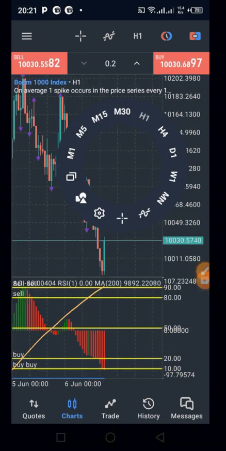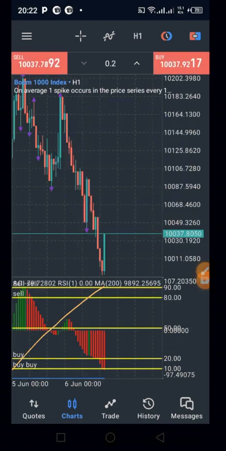Time frame simply means the periods where you want to analyze the market. If you want to check how the market is behaving in M1, M1 simply means 1 minute, M5 5 minutes, H1 1 hour, H4 4 hours, D1 1 day, W1 1 week, MN 1 month. This is what you use to analyze the market. If you want to see how the market is behaving in 1 hour, you just go on